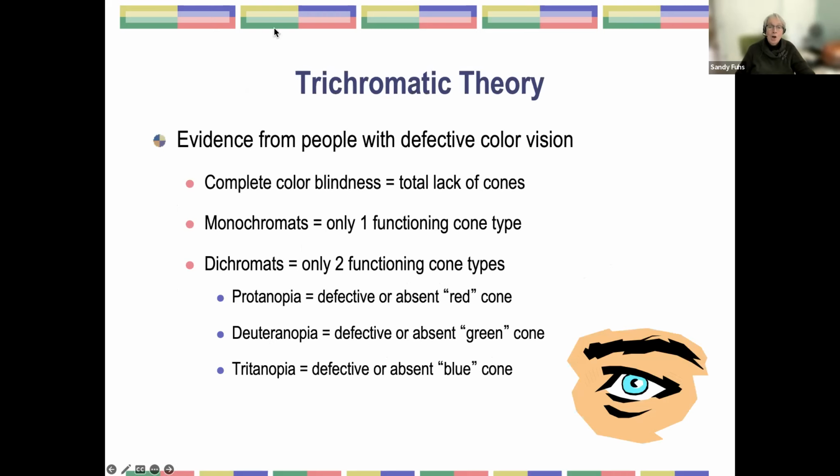So when we talk about this, we can have total color blindness, which lacks your cones in your eye. They cannot receive. A monochromat, which is a one color, has one cone that can't be working. Dichromats. And then we see that there are some cones that sense red, green, or blue. So depending on which cone is not functioning at its full level or at all, that's how you will see